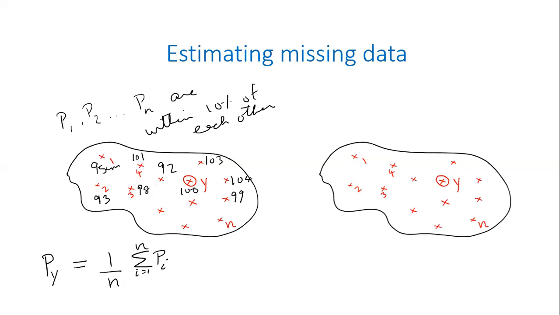Whatever number you're going to get will be about the same, within 10% of each other. 10% is an arbitrary decision that I have arrived at. You have to take some decision, right? I'm saying if they're all within 10% of each other, we will take this simple approach of computing the missing information at this location Y.